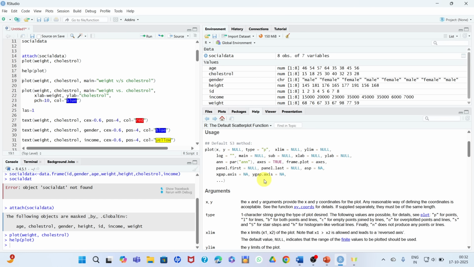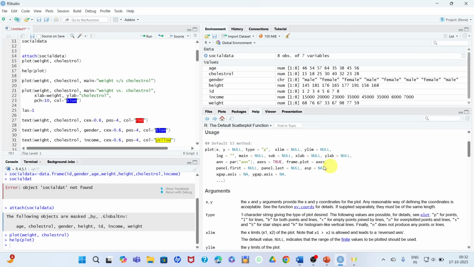Basically, arguments mean certain changes in your graph. For example, you may want to change the x-axis or y-axis, change certain colors, change the size of the axes, or change the main title and the name of the variable. All these are arguments.